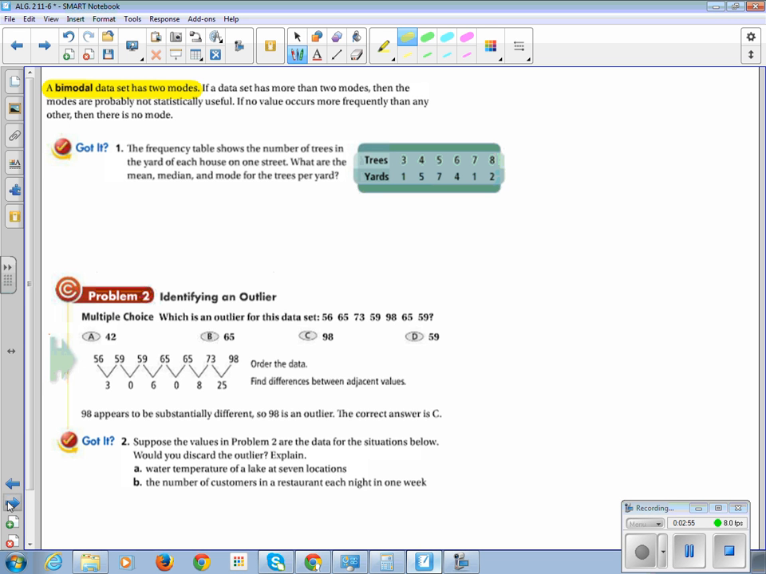All right, so let's see if we can do this. The frequency table shows the number of trees in the yard of each house on one street. What are the mean, median, and mode for the trees per yard? All right, so we need the ratio of trees per yard. So our data set